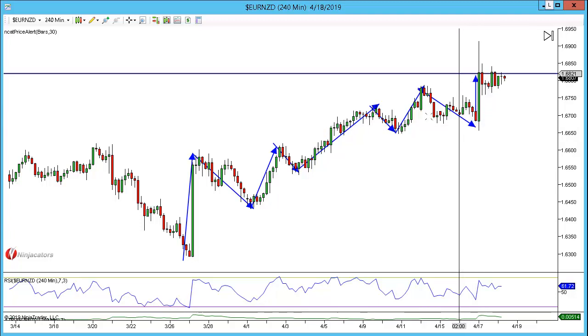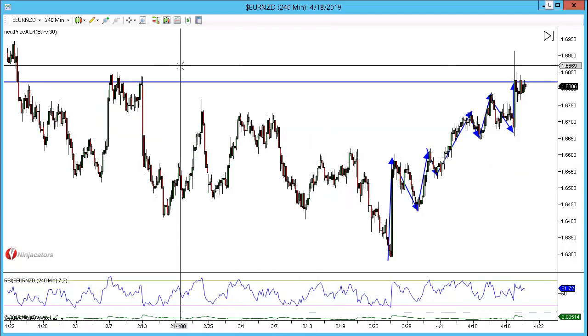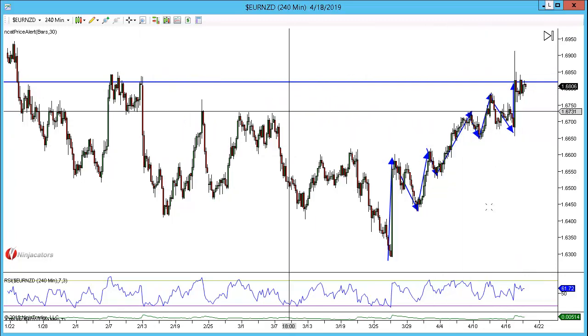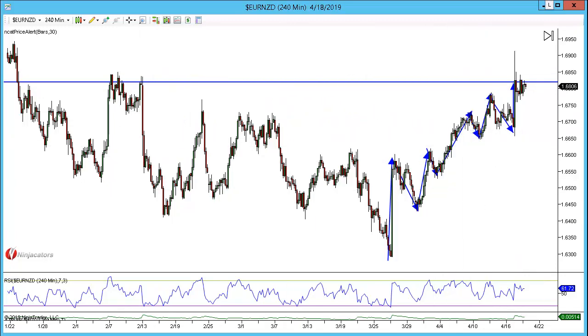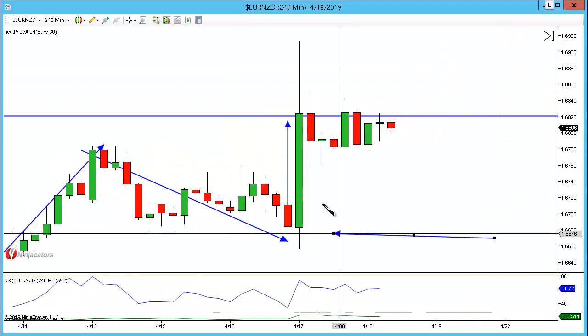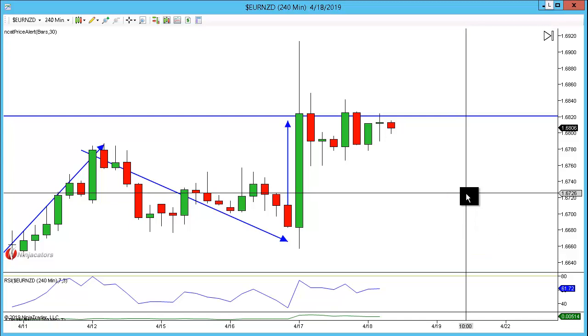And if we put a structure level into where it came to and look left, we didn't quite hit the highs here, but on the dailies we have. So that is judgment whether or not we do have room to go higher. For me, because we have this pattern that's set up, this is an indication to me that we can go higher. If we drop to the 60,